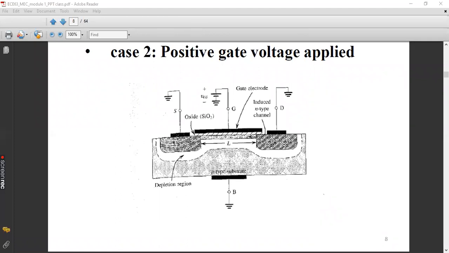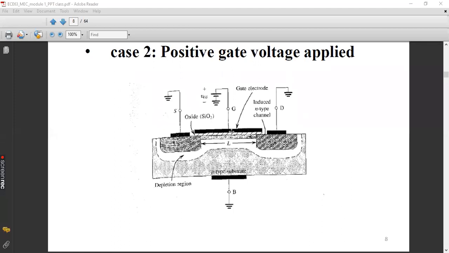So the majority of the charge carriers are getting depleted away from the gate terminal, because of which a depletion region is created there, which is devoid of any free charge carriers. Why have all the charge carriers been depleted from the immediate vicinity of the gate? Because to the gate terminal I have applied a positive voltage. Because of this positive voltage, the majority carriers of the P-type substrate have been repelled.